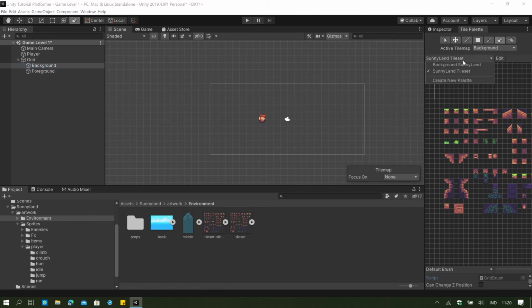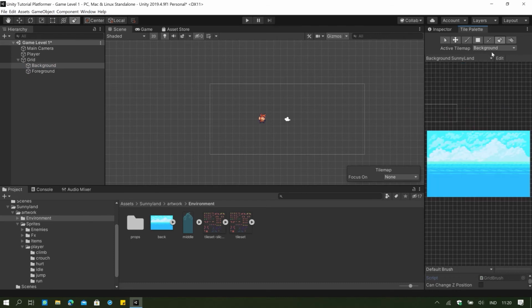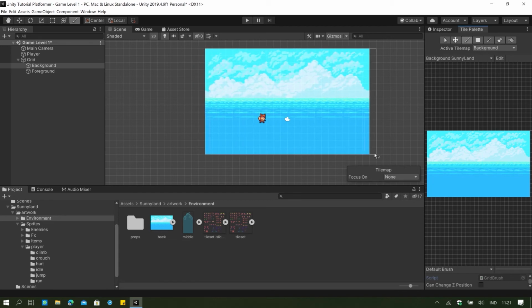So go to background Sunnyland, and make sure the active tile set is background, because if it's in foreground, it's gonna say that we're painting in the foreground grid, while we want this to be in the background grid, because we want it to be separate. We want the background to be at the back, and we want the foreground to be in the front a little bit. So we're gonna select background and drag all of this here again,